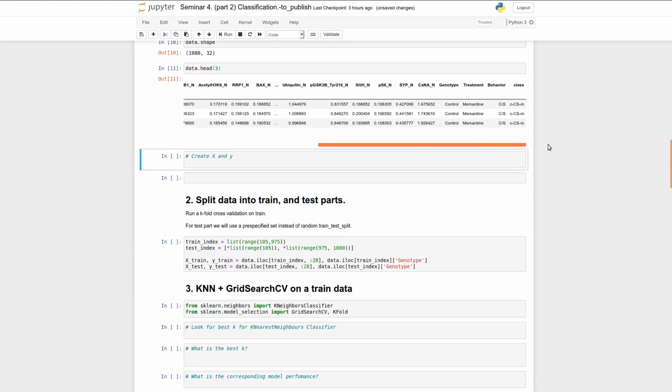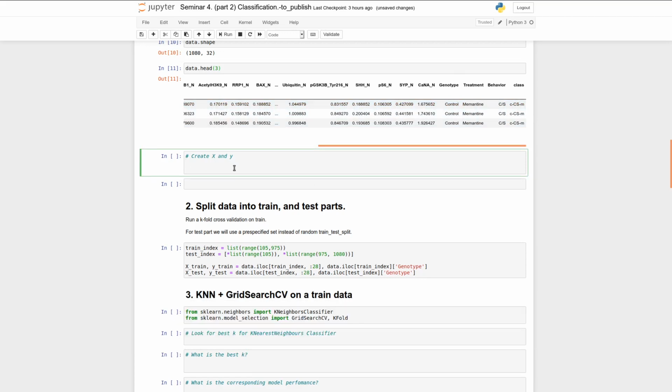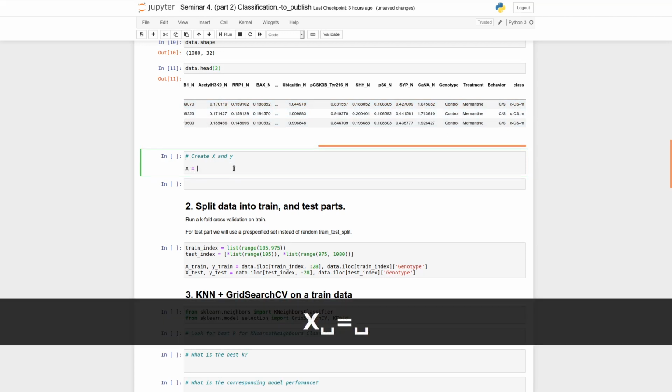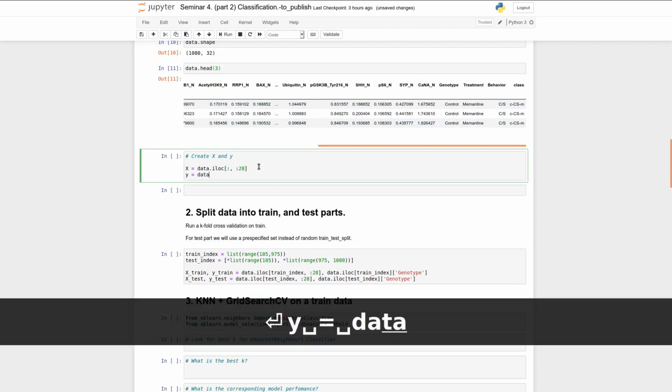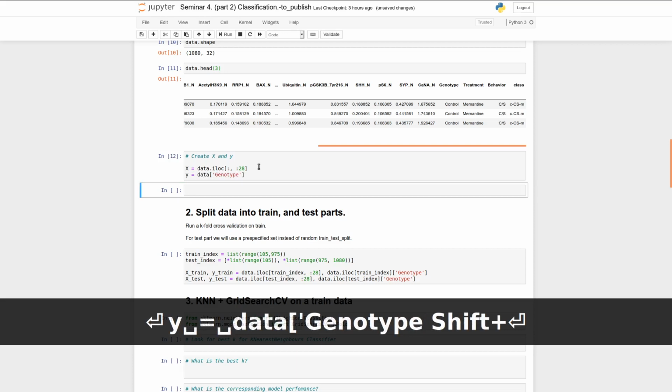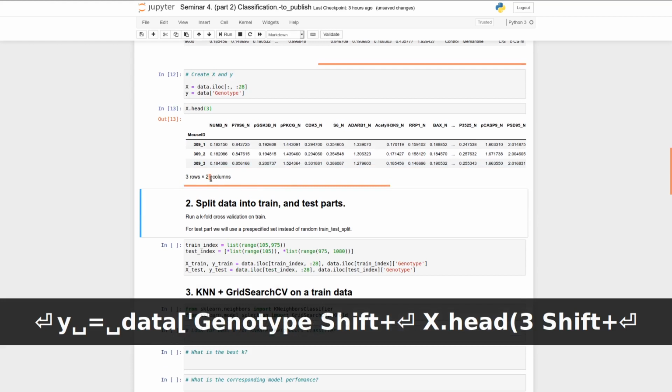Okay, so as features we will take all the numerical features and we will drop all these categorical features. And as for our y, we will use the genotype column. So our x is equal to data.iloc, all the rows, all the columns up until the 28th column. And y is equal to data genotype. So this is our x, 28 features,